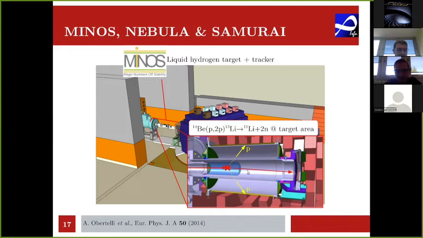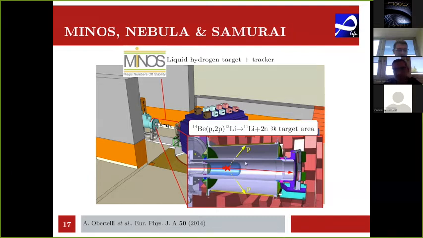So what happens is that the reaction occurs in this area, which is the cell containing the liquid hydrogen, and the 2 protons, the knocked out and the recoiled proton, go through the TPC, and their trajectory is reconstructed by the TPC. And crossing these 2 trajectories with the trajectory of the beam, we can reconstruct the interaction